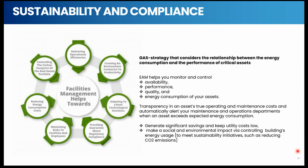In facility management, I told you it is not only about building maintenance. Obviously, it should help me. EAM should help me in terms of facility, whether all my equipments in facility like elevator or lift, escalators, or the security gate or access cards, everything is working always. That should be the case, right? That is my requirement. So EAM ensures to monitor and control the availability of all your assets within your facility,